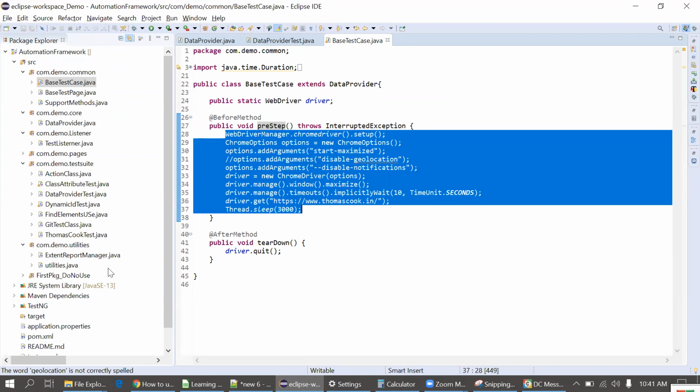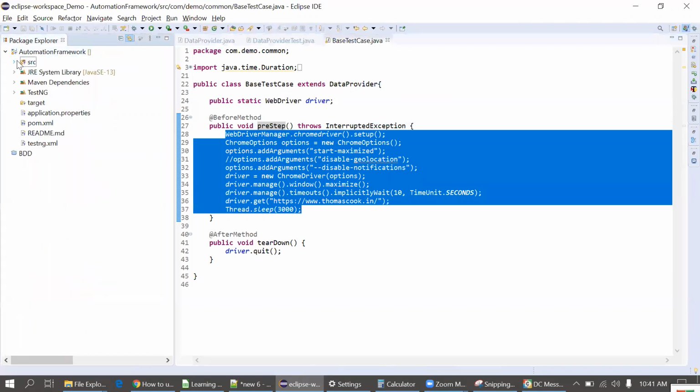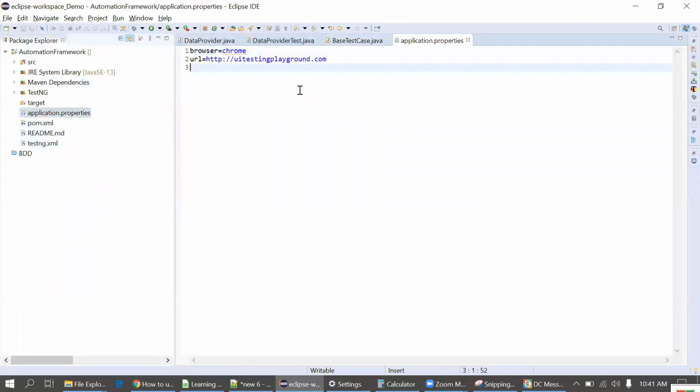So what will you do? We will simply create one application properties file. Here I will put the browser, which browser I have to execute test cases on, and the URL, which URL I have to hit. Suppose your URL is abc.com today, but in future the website will be the same but the URL will be different, abc1.com. You don't have to go to the code. You simply change the URL in this application properties, and that should reflect in your test cases. That is the whole intention of application.properties.